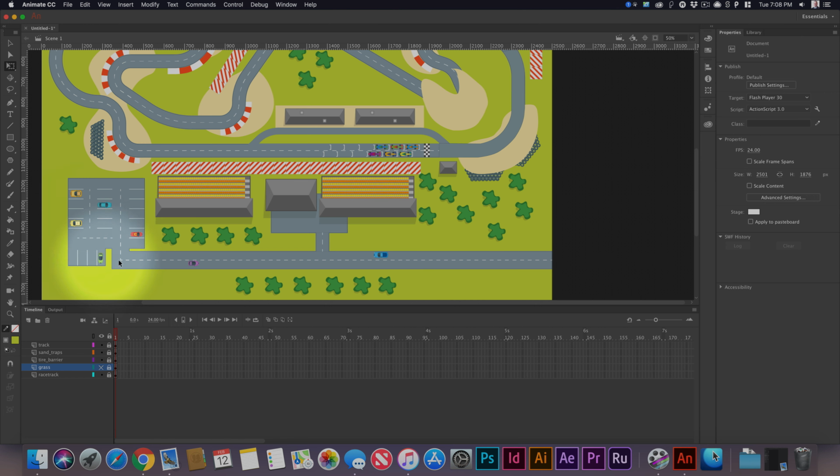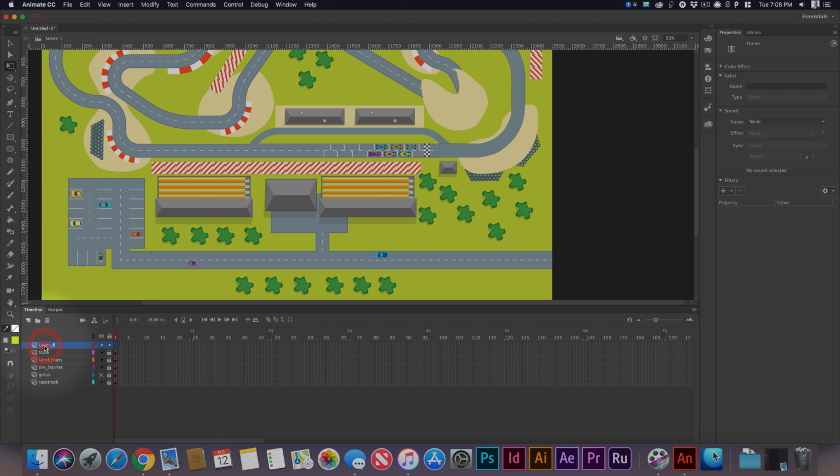Same for the roadway as well. Okay. As far as the lines, the dotted line here, that's pretty easy to do. Just let me show you that real quick. On a new layer, I could show you, hey,